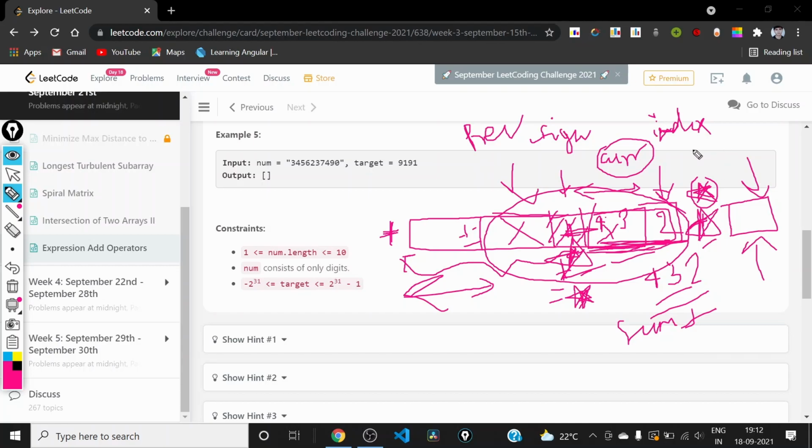So this is how we'll be doing it, and we will be backtracking. At every point we'll be considering the possibility of a plus, minus, multiplication, and not adding any operator, and then we will recurse for the further step. After calling each recursive function, we will make sure to restore the string to what it was in the start, so that we can do this backtracking approach. The things will become more clear if we implement this. Right now it is not so clear, so I can try to implement it.